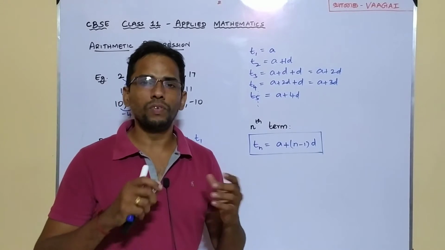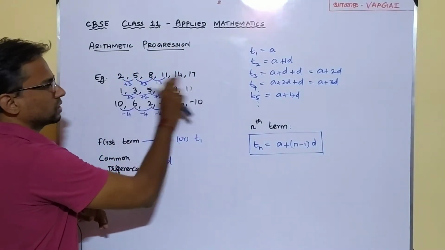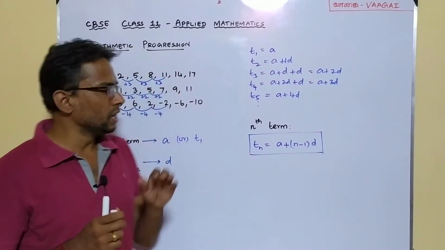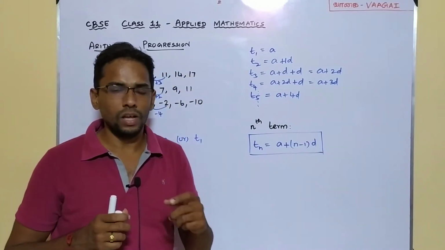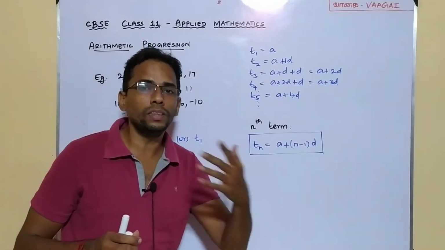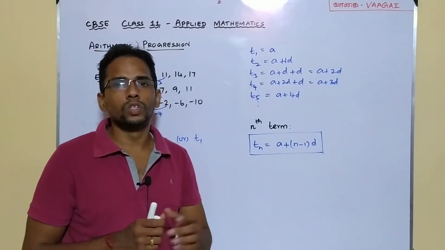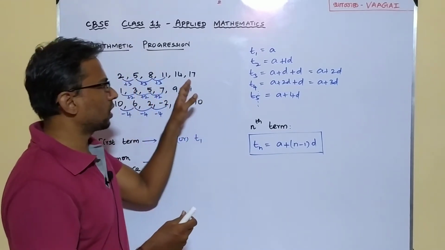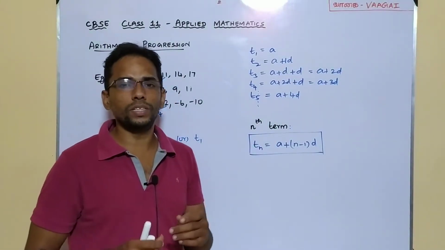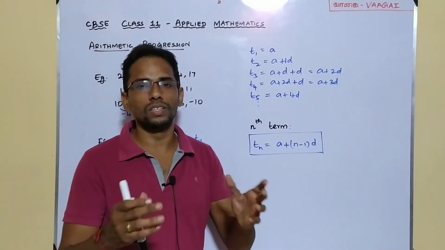So hereafter, if you want to find any term, for example, I have this arithmetic progression 2, 5, 8, 11, 14 and 17, like this. Here we have written only the first 6 terms. What if you want to find the 10th term or 20th term or 100th term? It is not that easy for us to write till 100 terms and then get the answer. It would take more time. So instead what can be done? We can very easily use this formula to get the answer. This is the idea.